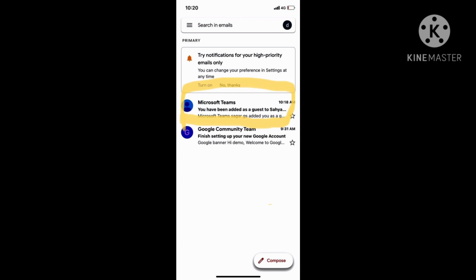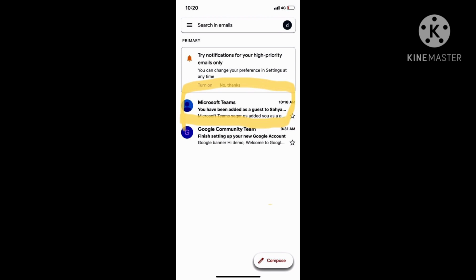In this particular video, we will be discussing how exactly to create a Microsoft Teams account. The management of the college has suggested online live classes. So with the help of Microsoft Teams, we will be conducting the online live classes. The timetable of the classes will be posted in your WhatsApp group once everything has been finalized.